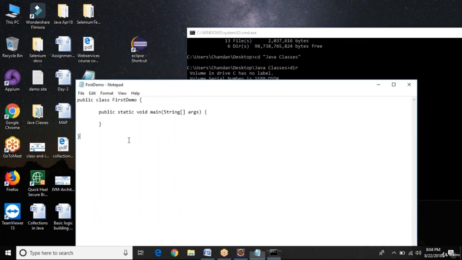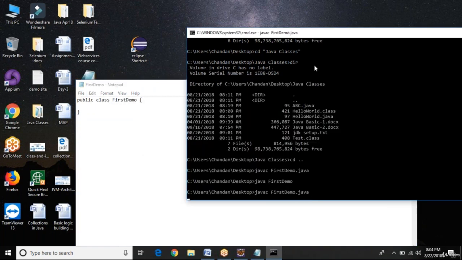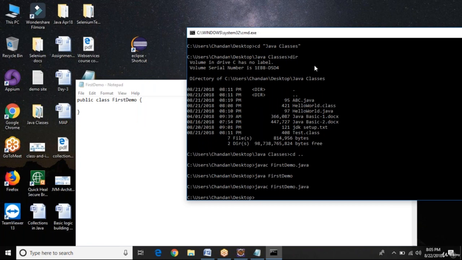Now, this is also one kind of interview question: we should have at least one main method to invoke the program, but for compilation we don't require any method. So if I delete the main method, save, and compile this program, it will compile without any issue.